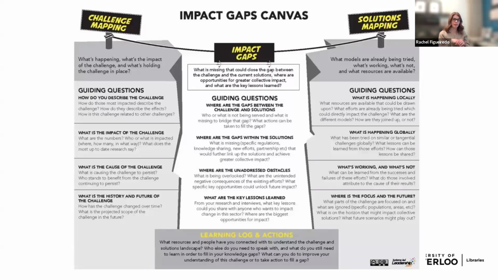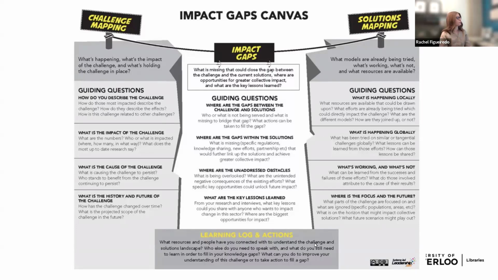They're all a little bit different, and yet they all have the same theme to them. I'm presenting Impact Gaps Canvas today because it's one that I've really come to like, but I will also point to some other frameworks or tools that you might make use of later in the workshop. Impact Gaps Canvas was created from the field of social entrepreneurship, but it's really broadly applicable, and it doesn't have to be for social entrepreneurs. It doesn't have to be even for entrepreneurs. It could be for anyone who's trying to understand why a problem still persists. If there's a problem out there and there are already solutions to that problem, then why is this problem still in place?